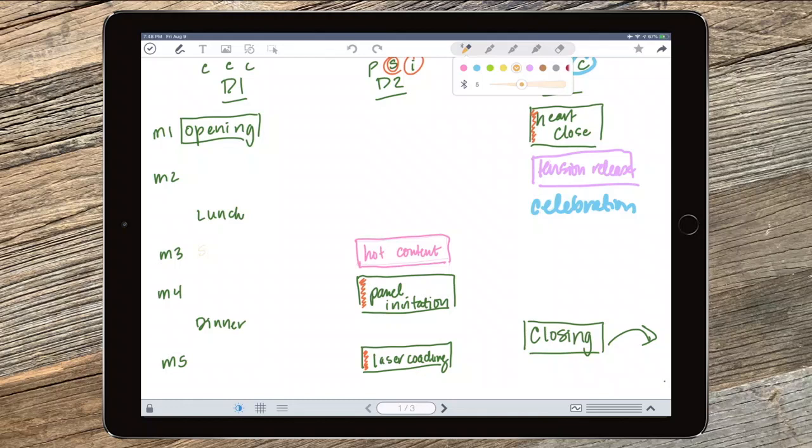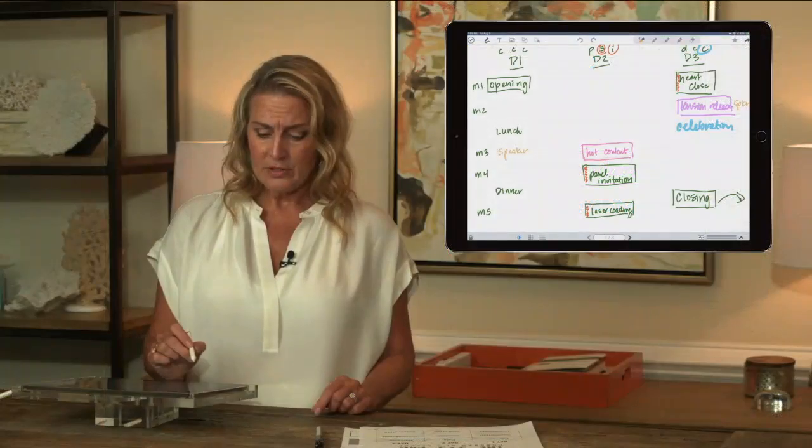There we go. I either want the speaker to be here, or I want them to be here. I don't want them on day 2. That's all about you. You're stacking your own value. And I don't want them here, because they should be falling in love with you here. You can have social proof here on your stage, but you can't have a different speaker. It's too early. So you can put them here.